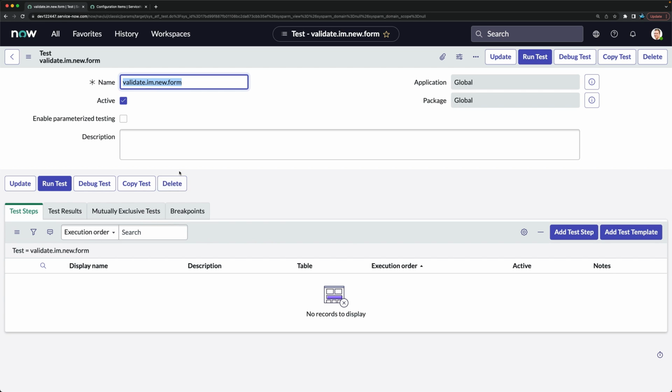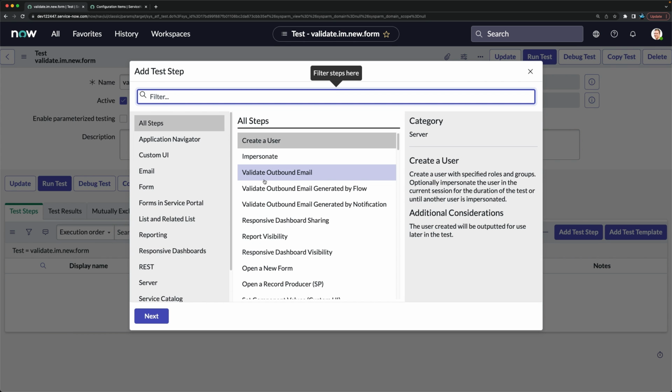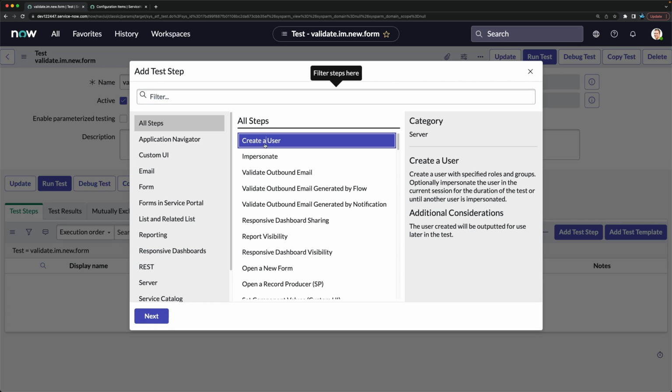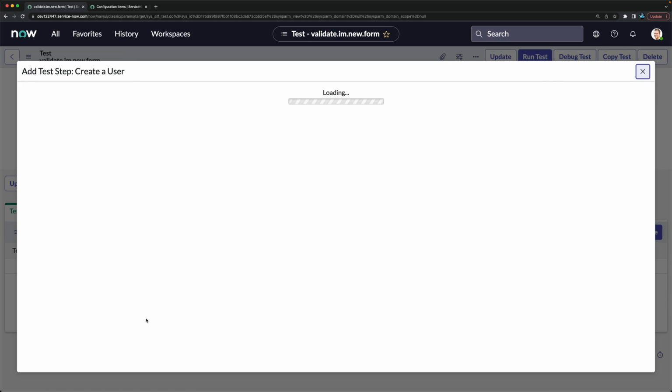This is basically for automation. So I will click on Add Test Step. It will provide me a lot of different categories of test steps. In this case, first, we will definitely create a user. So I will select this, Create a User. I will click on Next,